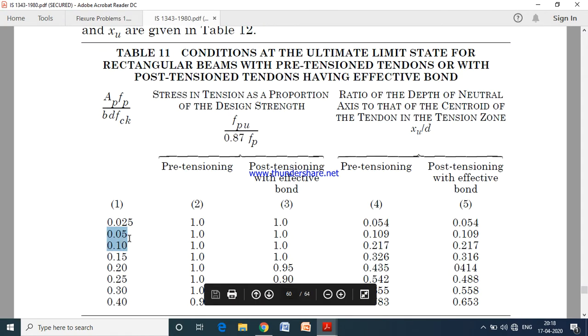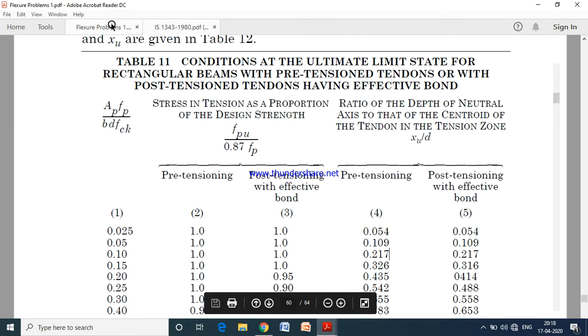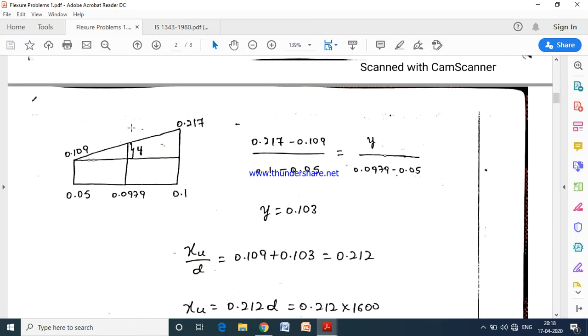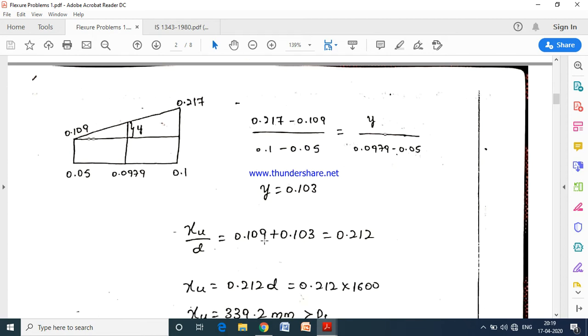So for 0.05 we have 0.109, and for 0.10 we have 0.217. So we need to interpolate these to get the value for 0.097. So by interpolating we will get XU by D ratio as 0.0212,